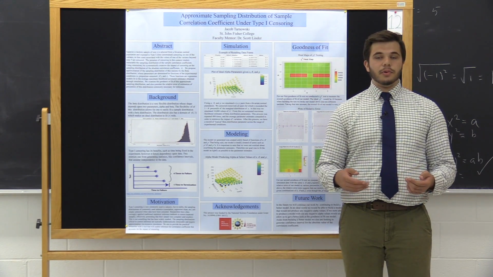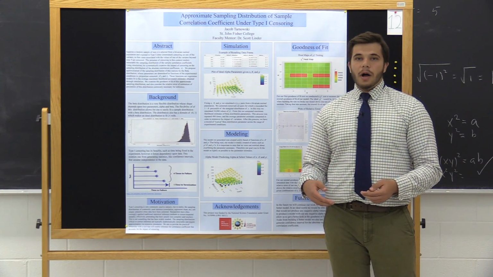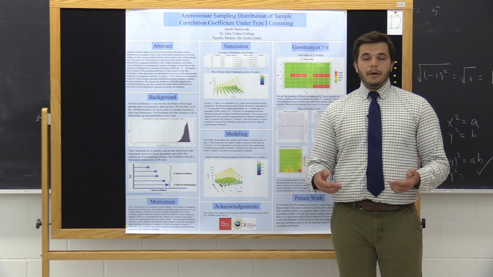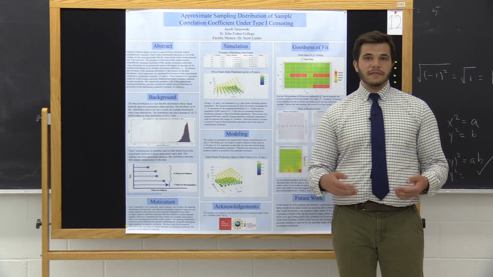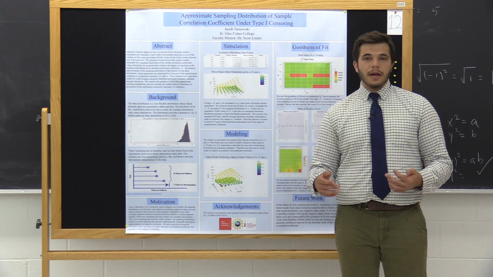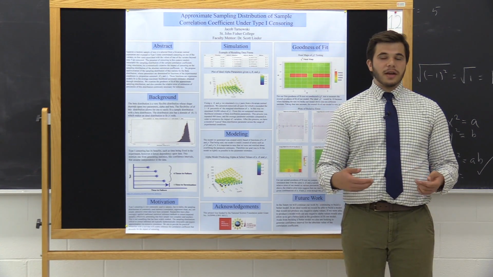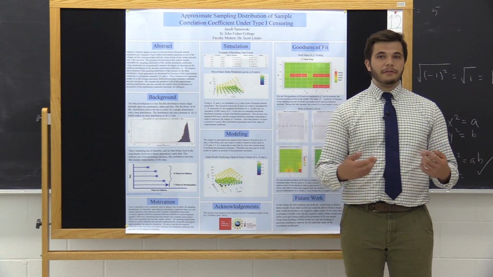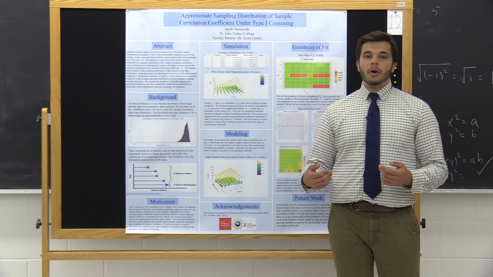Now, we look to build a tool that enables inference to be made of correlation coefficients while also taking into account the impact that type 1 censoring has. Now, the first step of this entire project was to simulate distributions of absolute values of correlation coefficients that have been subjected to type 1 censoring. Now, each one of these distributions we constructed through simulation was built using a different combination of the three parameters: sample size, or n, average censoring percentage, or theta, and a different sample correlation coefficient, or rho.